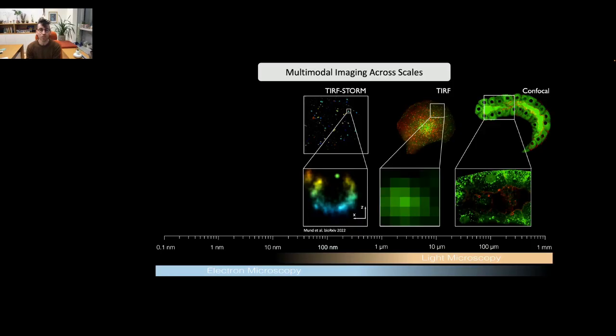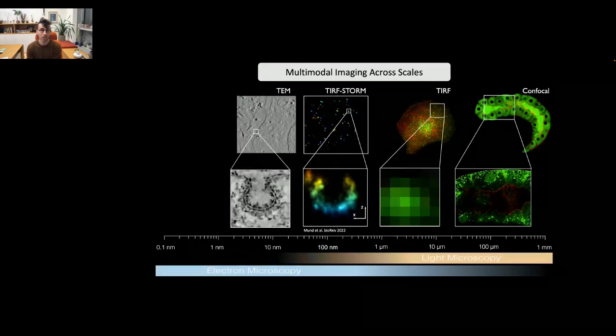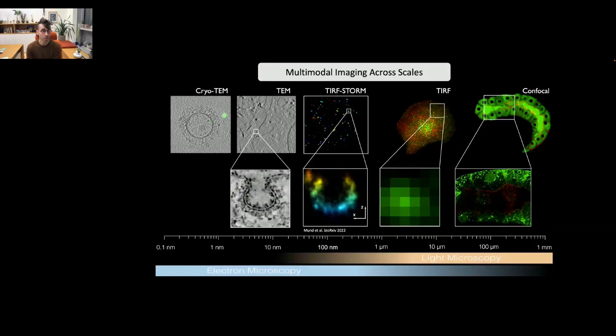But in order to really interpret what we see, we need the high resolution of electron microscopy that can reveal that this beautiful fluorescence actually comes from a proteinaceous coat that is assembled on a membrane in the process of invagination. And if we wanted to go even farther, now we can step into the realm of cryo-transmission electron microscopy,